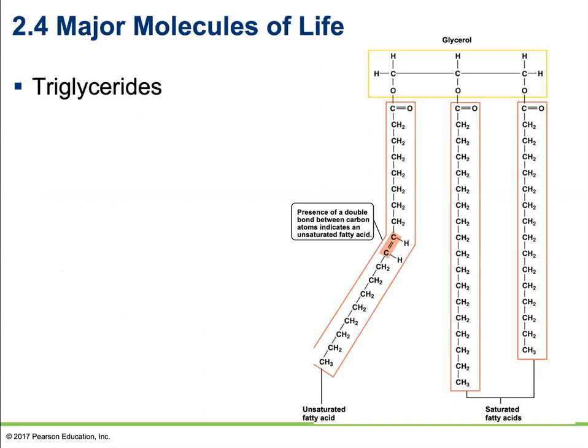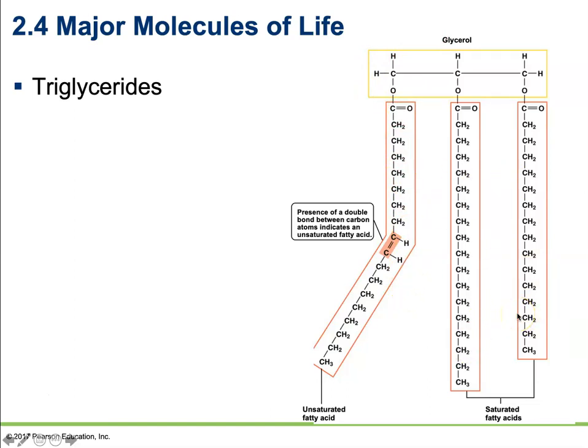We're going to take a little bit closer look at triglycerides. I've kind of already mentioned lipids don't really form polymers. They don't really form long chains. They're still macromolecules. They're still very large molecules. This right here, very large molecule, but it's not necessarily a chain of many repeating units. What we actually have is two different units. We have a glycerol molecule and then three fatty acid tails.